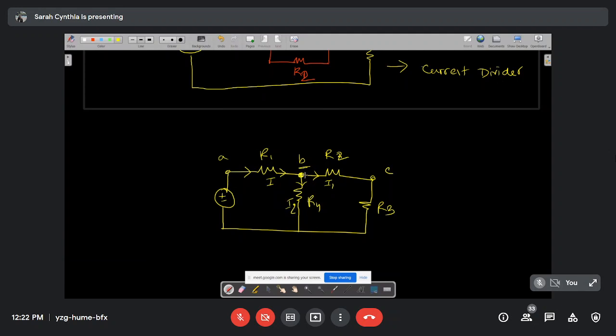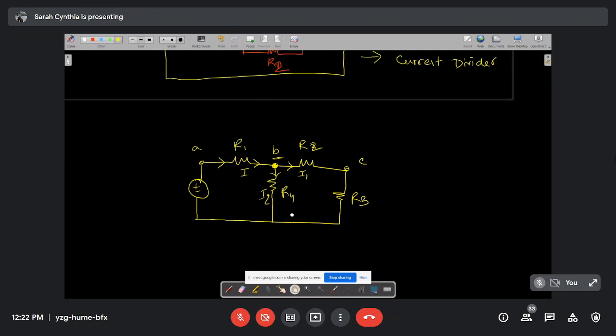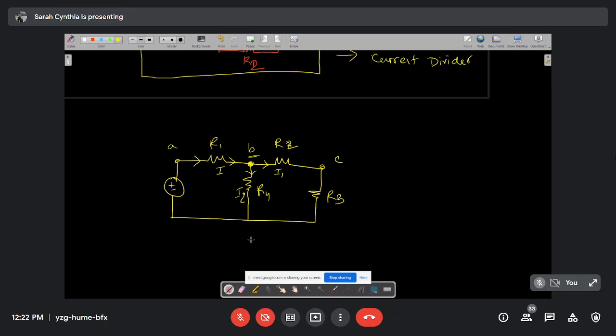No series circuit can have multiple currents. It will have only a single current. But is this a parallel circuit? No, ma'am, not really. It's a mixed circuit. Yes, very good. So it's not purely a series circuit, and it's not